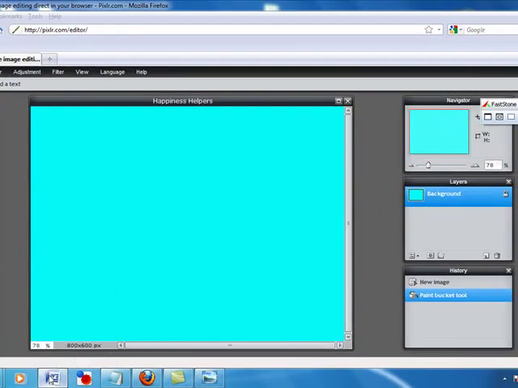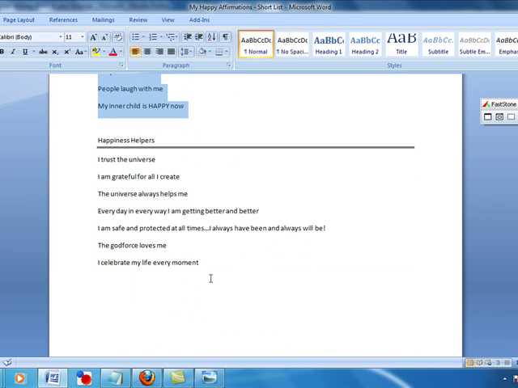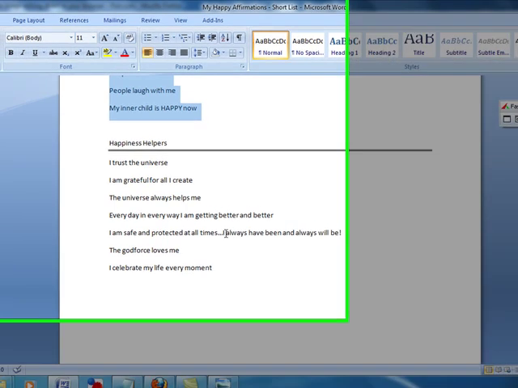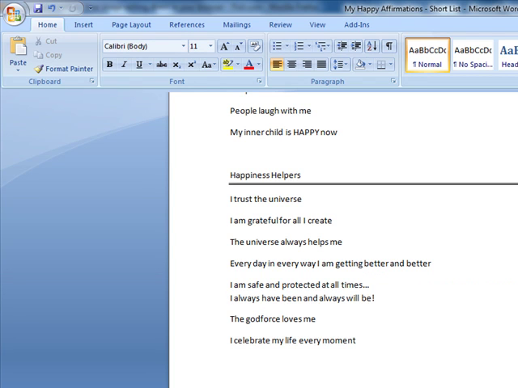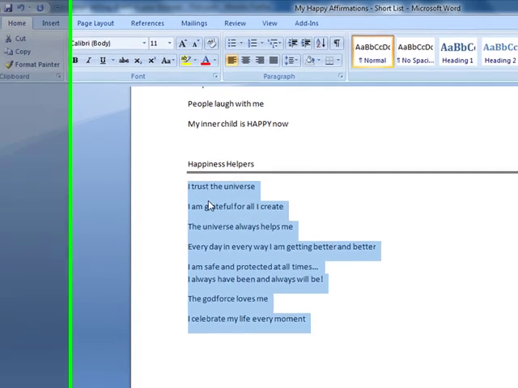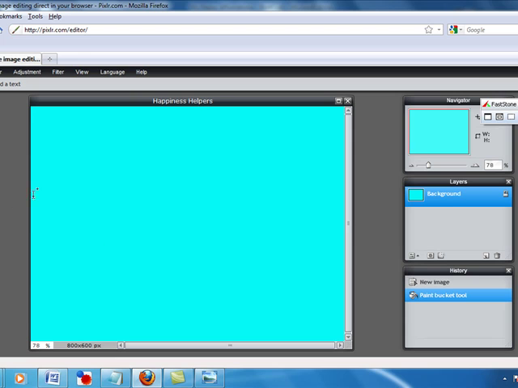I'll go back to my computer and I want to select the happiness helpers. Now this one here is quite long, so I'm going to put my cursor here, I'm going to hold down the shift key and I'm going to hit enter. So that's shift and enter, and that'll put the second part of that sentence on another line. I'm going to copy that, select it, copy it,